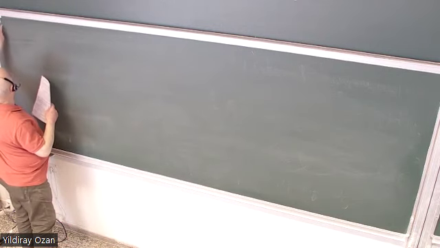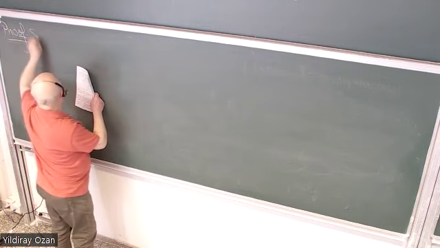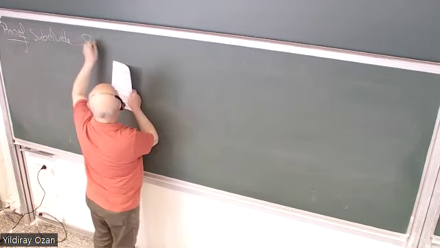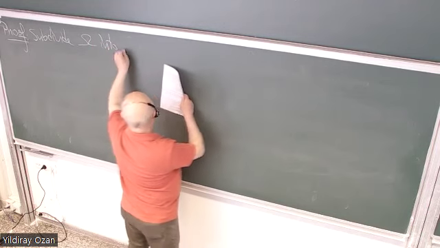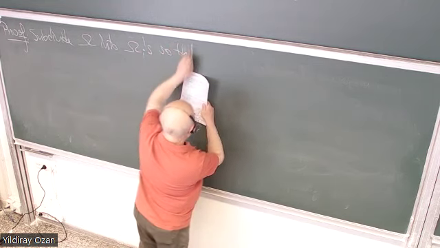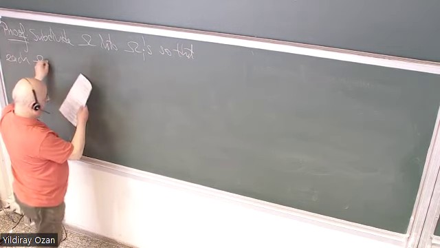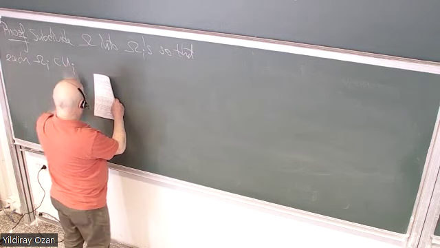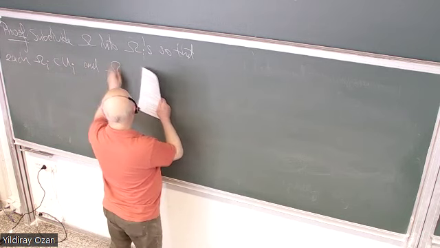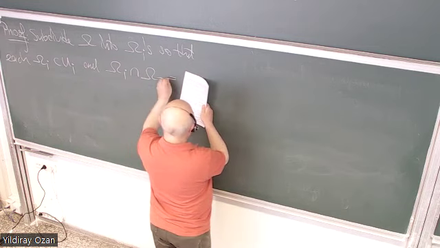Okay. Proof. Subdivide this region into omega i's so that each omega i lies in some U i, and omega i intersection omega j is empty,